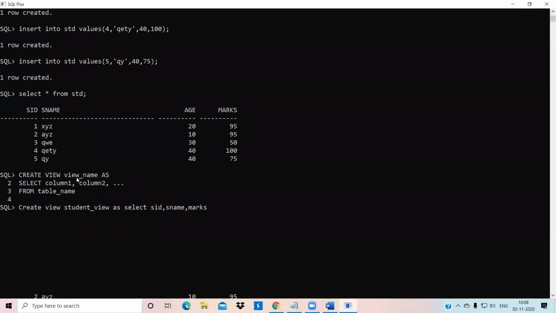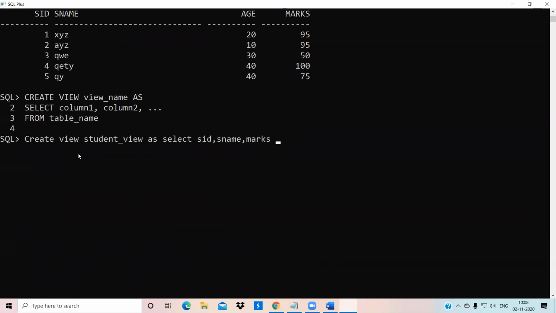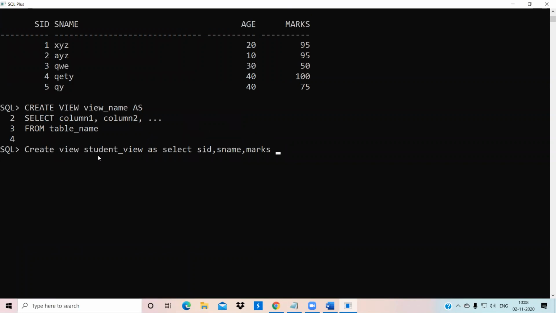These are three columns. Hope you can see here. WHERE age is less than 40. What condition have I given? I should get only three rows where age is less than 40.